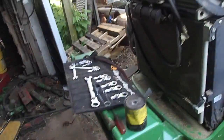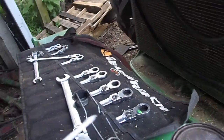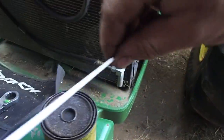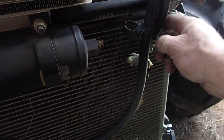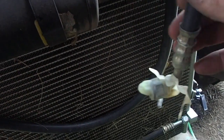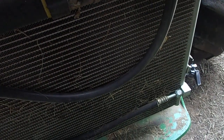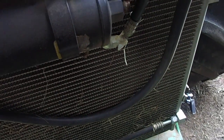All right, so let's see what we got here. First things first, let me put this little lid back on the brazo. And this here has to go back to its special spot because that's expensive stuff. Before you do this, now I know there's a lot of AC guys that are probably freaking out right now because it's got open air into it. But all the air was out of it, all the gas was out of it, and I should be changing that air